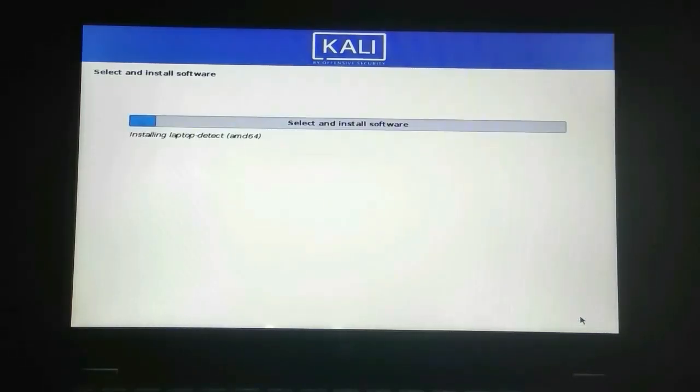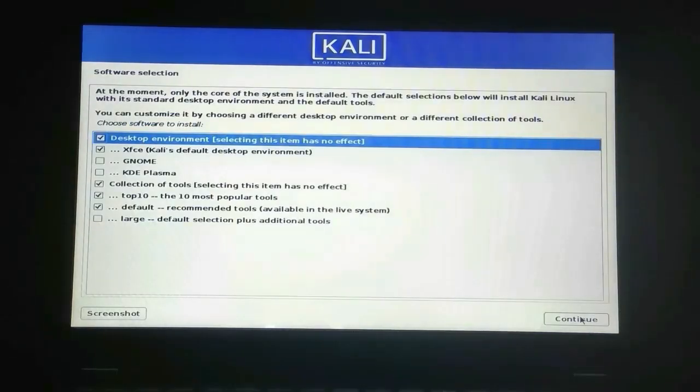Now it will install some softwares which are given in Kali from the start. It will also take some time. Now these are the softwares we can choose to install or not.